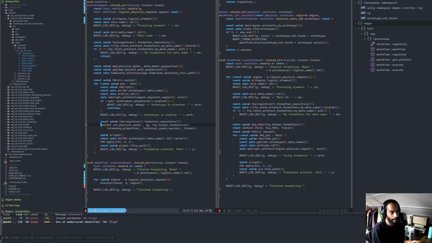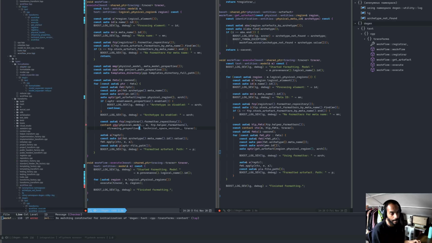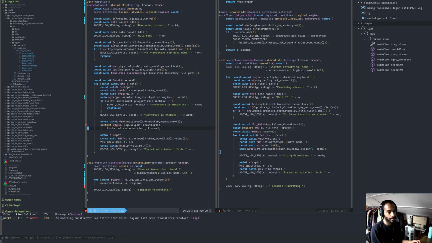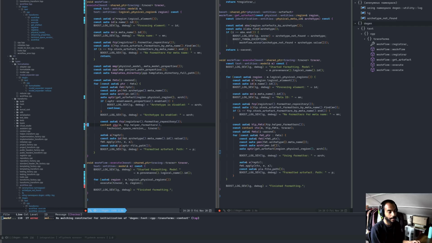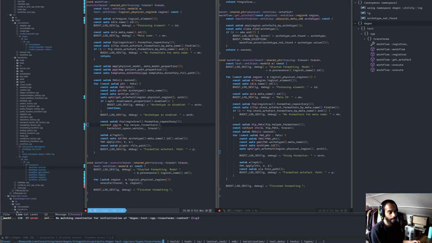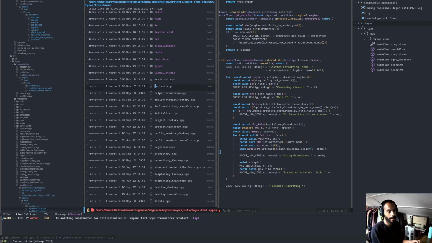And finally the context will just have a model. And we're going to start removing things in this context, so we don't really want the string properties to go in. And the helper formatters, we want the physical model. Actually, we don't really need a physical model anymore, so we have a logical physical model, so we don't really need that. Technical space version and a tracer. Doesn't look too bad. Right, so now then, if we say show me that context,